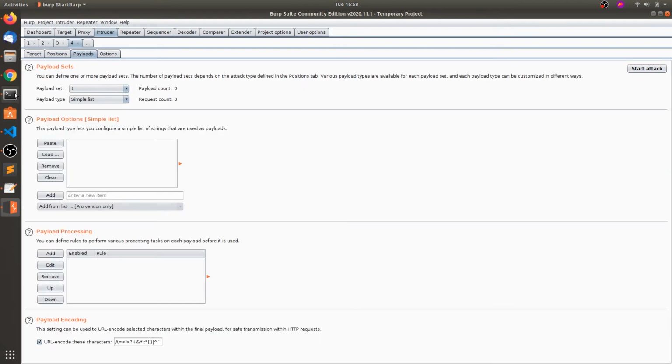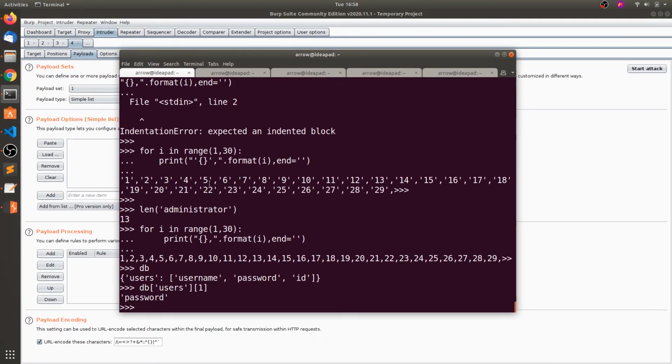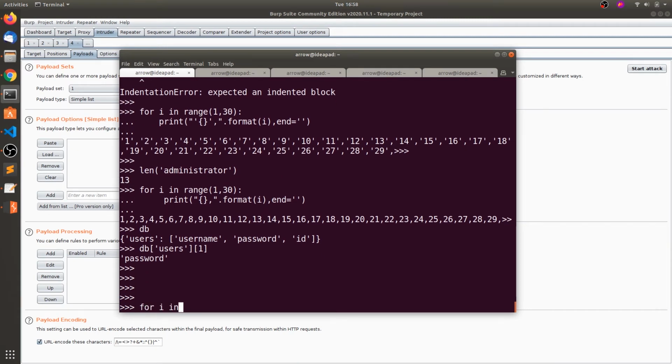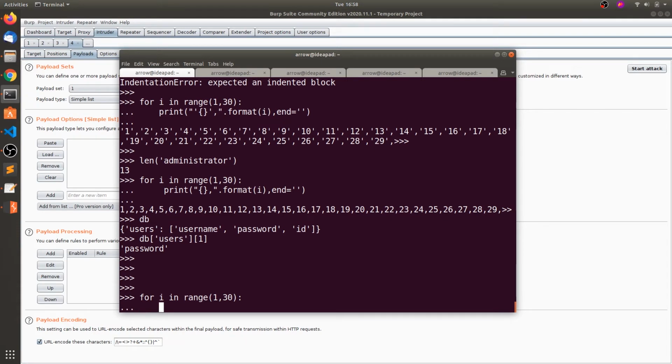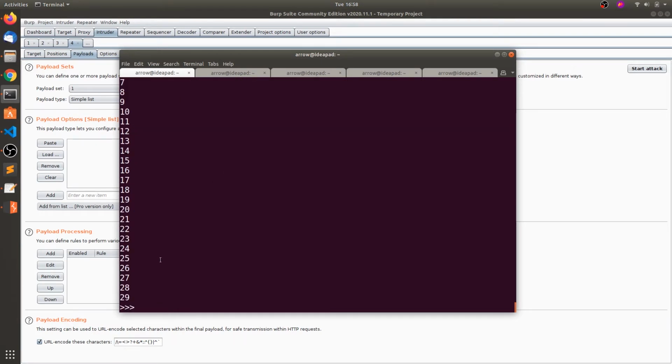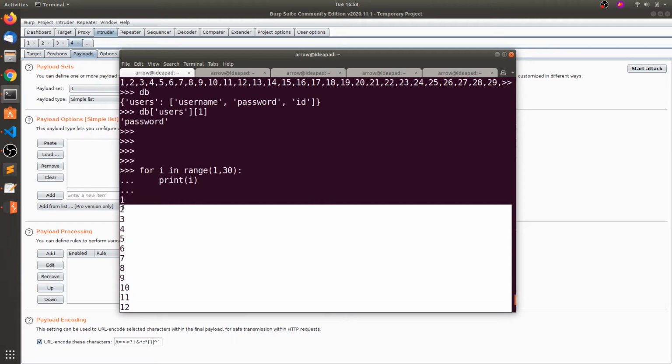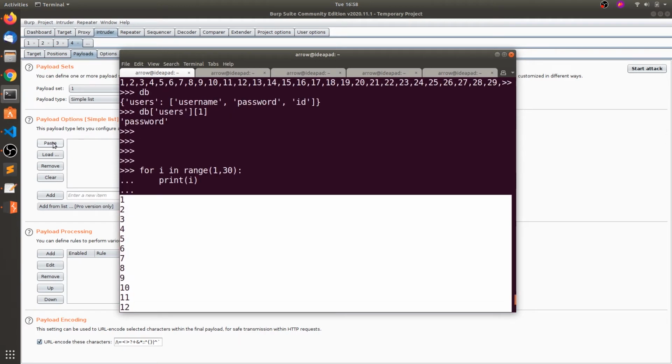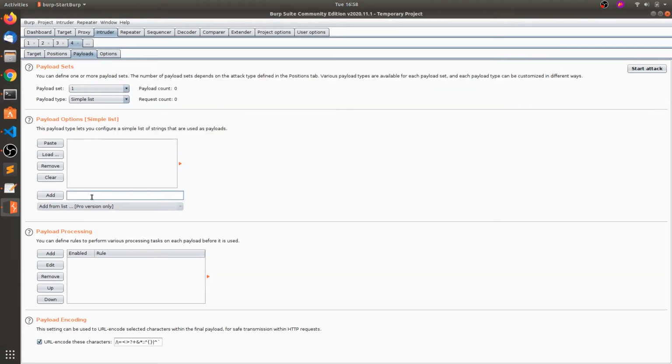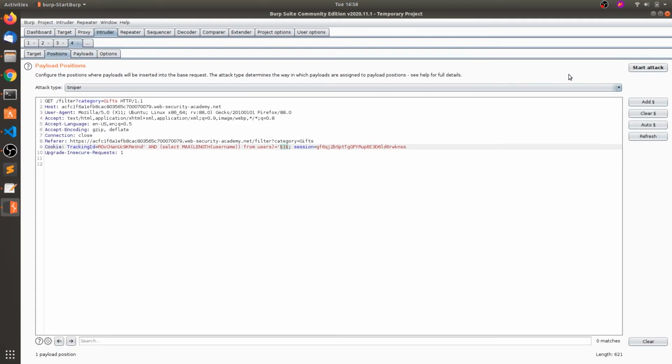Coming to the payloads, we need to add for i in range of 1 to 30, print of i. So I'm going to add the 29 numbers, copy this, just paste here, and now start the attack.